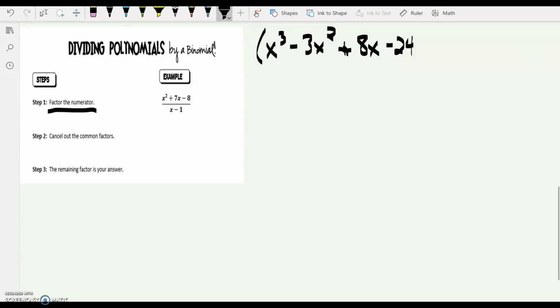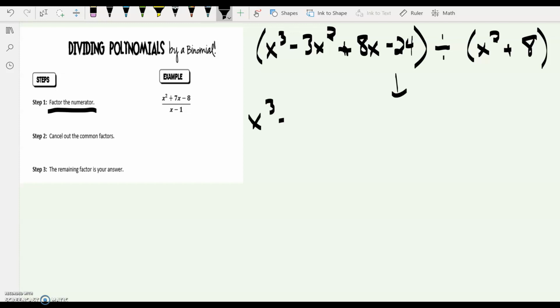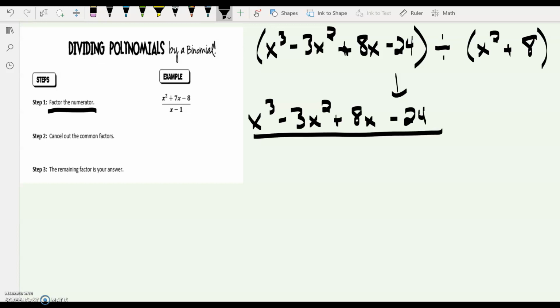And what they'll do is they will actually write this division symbol here and divide that by x squared plus 8. What I want you guys to see is that these actually mean the same thing. x cubed minus 3x squared plus 8x minus 24 over x squared plus 8. So whatever way is more comfortable for you guys,